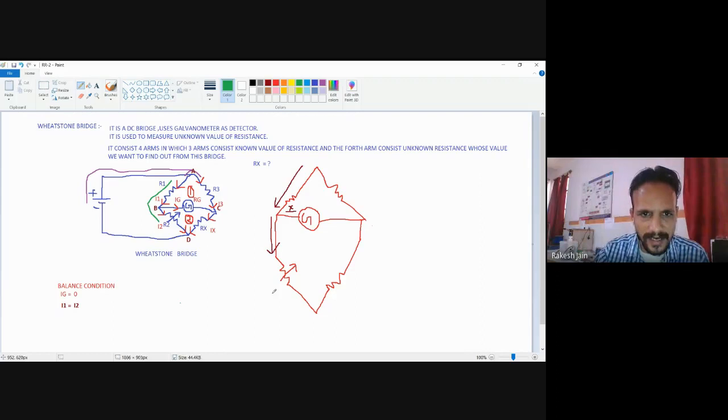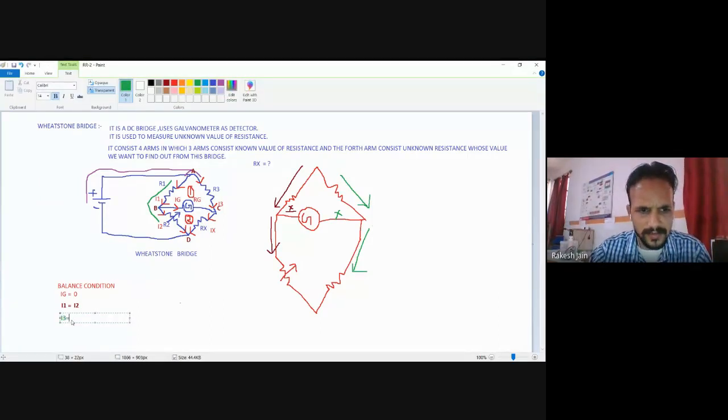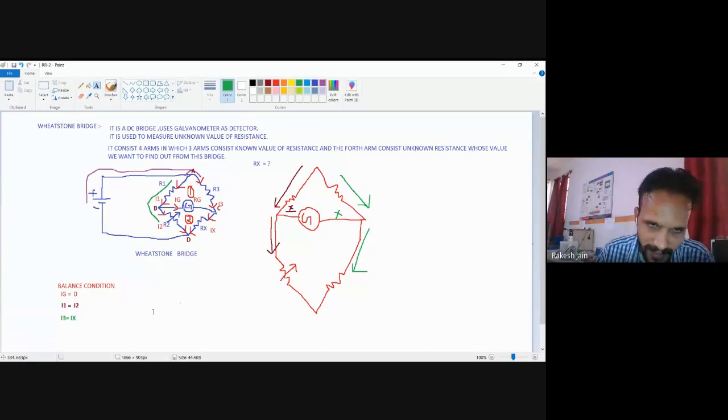Similarly, on this side, this current I3 flows from this R3 terminal, and there is no current through the galvanometer because balance condition means the galvanometer current is zero. It means this flows completely through this Rx terminal also. So I3 and Ix are not two different things at the balance condition. We can say I3 is equal to Ix. Don't be confused with that. I1 is equal to I2 because the galvanometer current Ig equals 0 at the balance condition. I3 is equal to Ix also because the galvanometer current Ig equals 0.